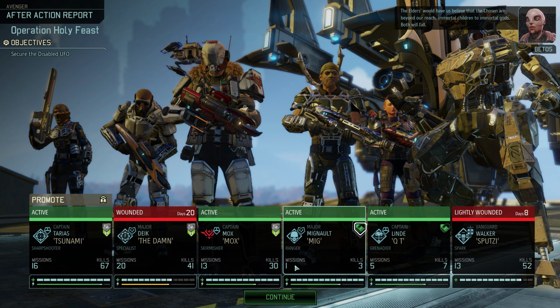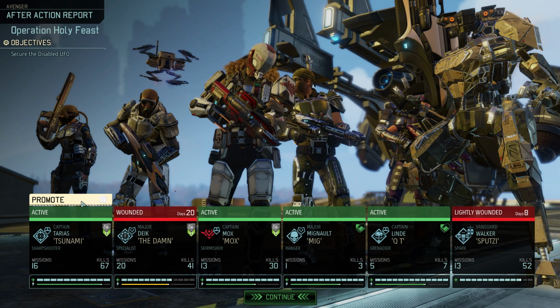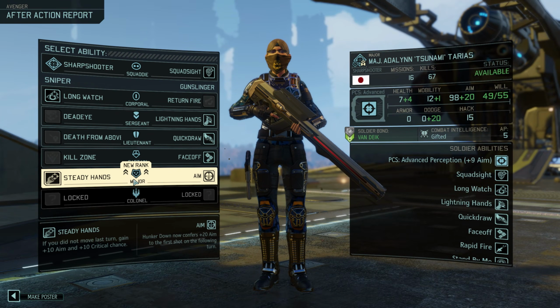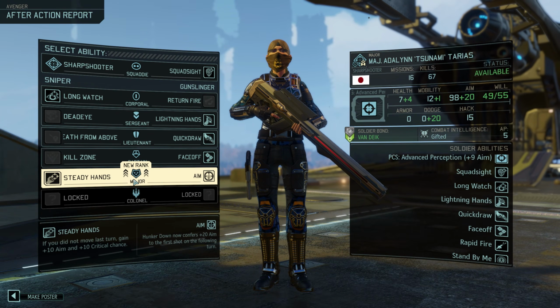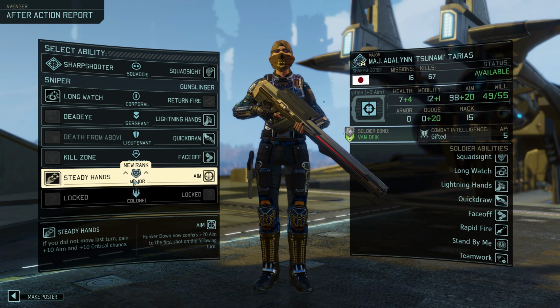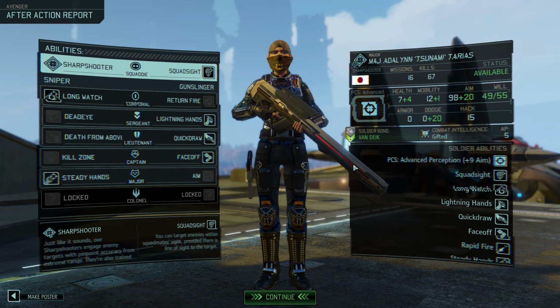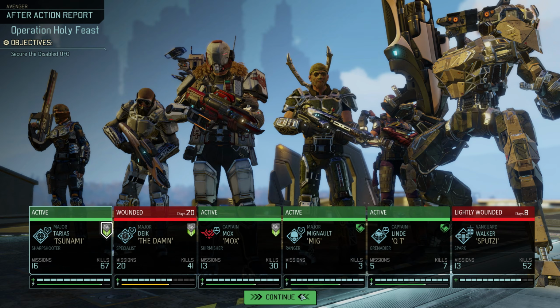Both will fall. Alright, a whopping 20 days here for Van Dyke, despite suffering only 4 points of damage. That certainly hurts, but on the bright side we have a rather unexpected promotion for Tsunami, and at the major rank here I think we have no other choice but to go with steady hands. We are just not hunkering down ever, especially not with her kind of weaponry, but we might have a standstill